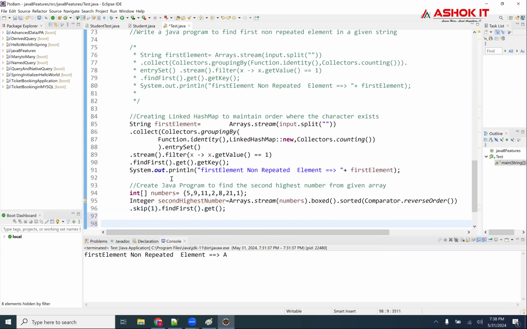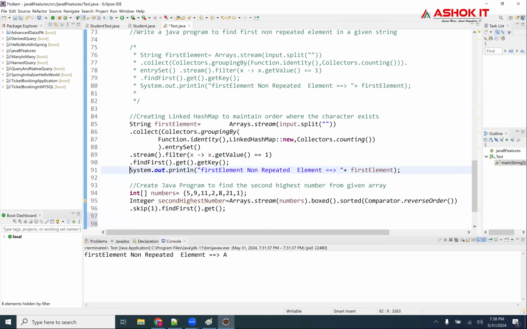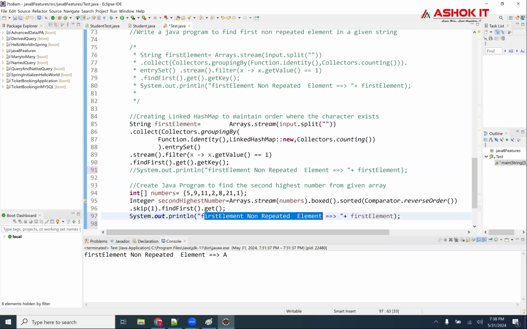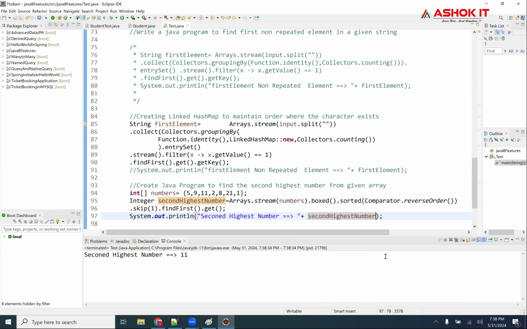Okay. So System.out.println, second highest number, which is equal to secondHighestNumber. So when I run this code, 11. You're able to see that?